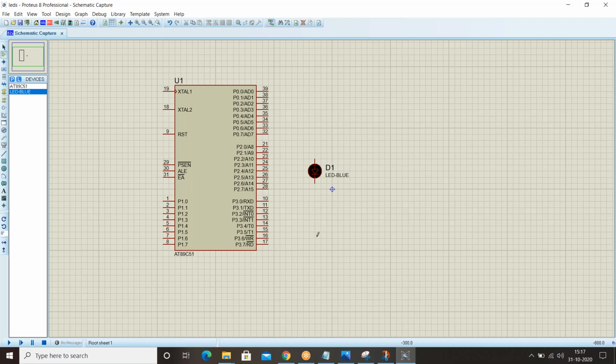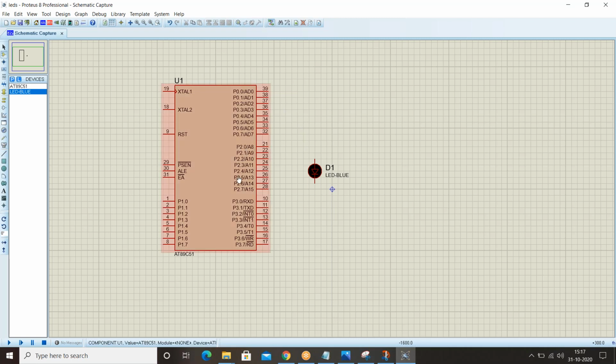Port 0 is an active low port. So try to connect this LED to port 2, port 3 or port 1. It's your wish. In coming classes we will use port 0. If you use port 0, we have to connect the power supply VCC. Power supply will be connected for port 0.